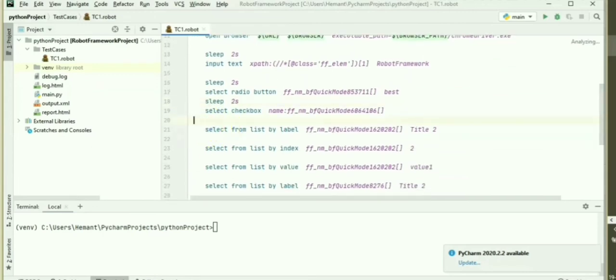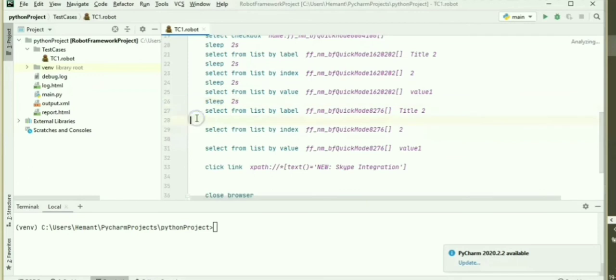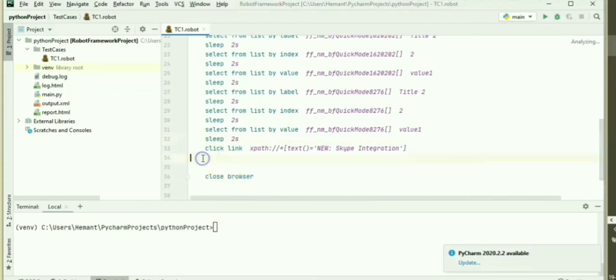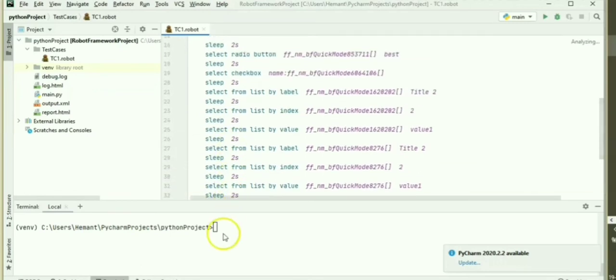Okay, so let me add a wait of 2 seconds between all the steps, between all the operations. Let me add these values here, 2 seconds, and at the end, before closing the browser. Okay, so I just added all these values here, and let me execute this.